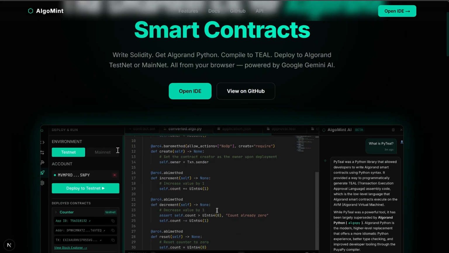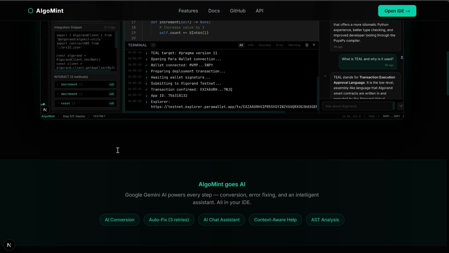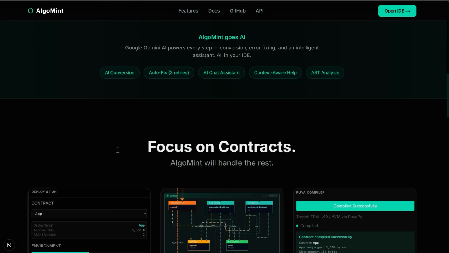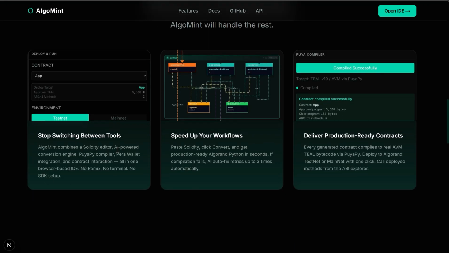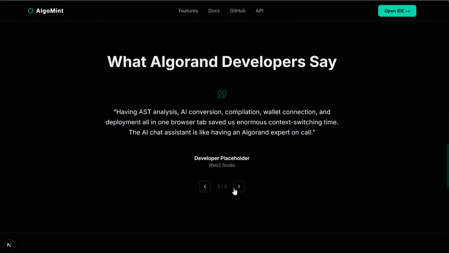Ethereum has 1 million developers. Algorand has better tech: instant finality, 6000 TPS, $0.001 transaction fees, but only 2000 active developers. Why? The barrier migrating from Ethereum to Algorand means learning a complete new language, which is Python or TEAL, understanding